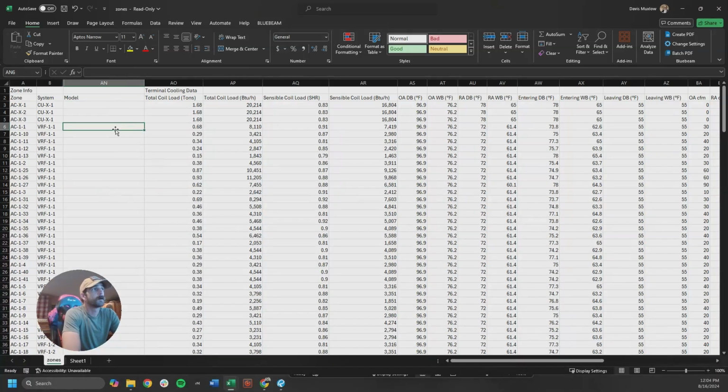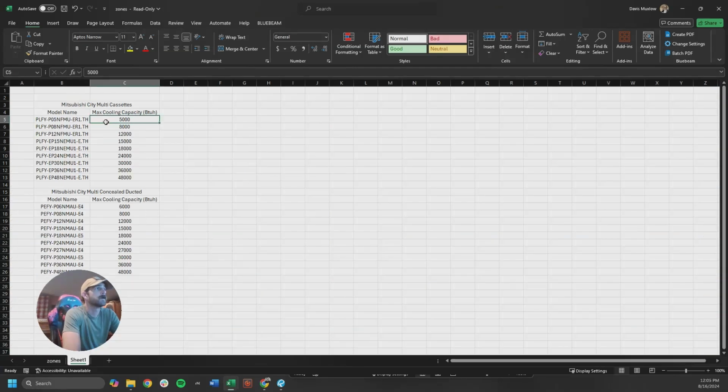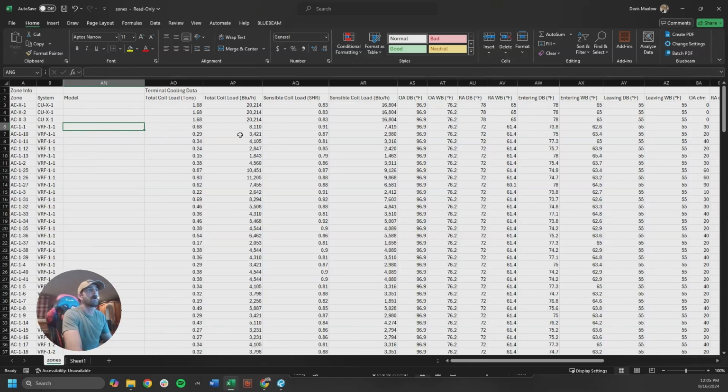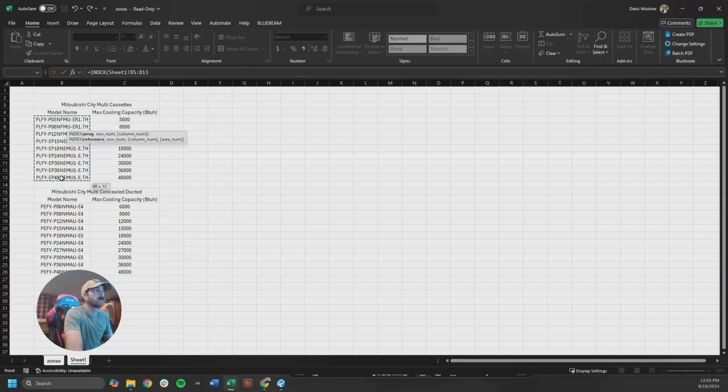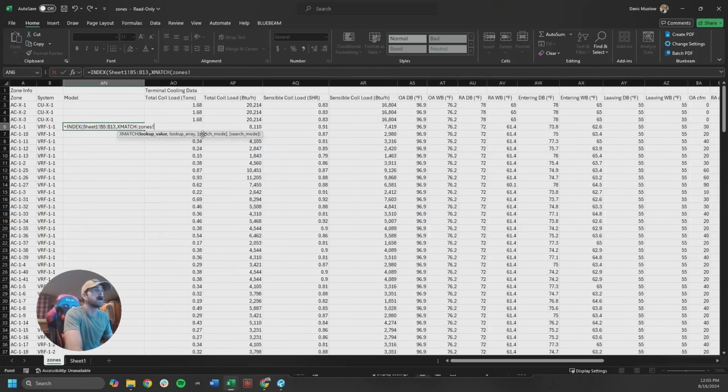Okay, so to return the correct model number in this column based on my total cooling coil load, I'm going to do an INDEX XMATCH function to look up these tables and return the next largest model number. So to do that, I'm going to do my index, and this is going to be the array of my model names here. And then next is going to be XMATCH, and I'm going to find the value associated with this number,